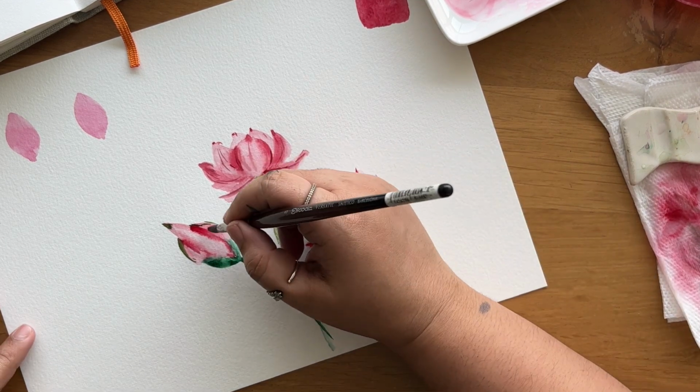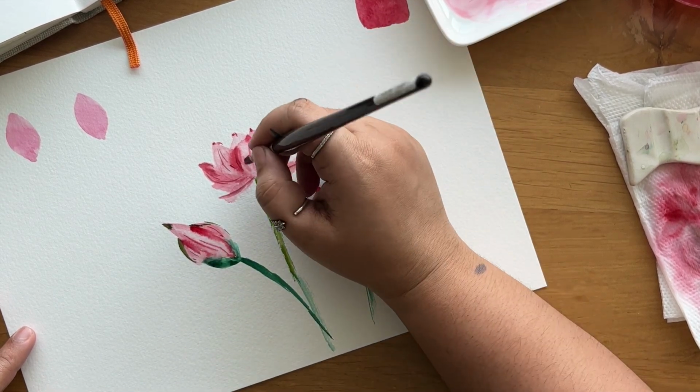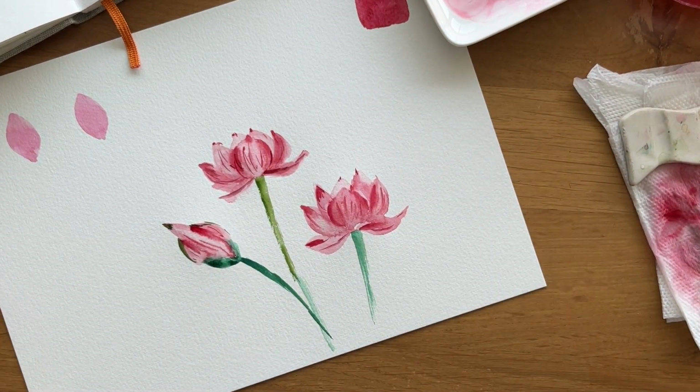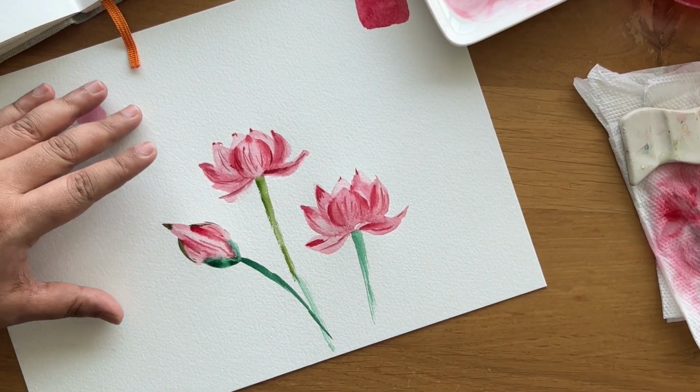As always, go back in and add some detailed lines. So these lines are your lotus lines. All the petals of lotus will have these little thin lines. This is almost the bud, and the last one, more bud, is